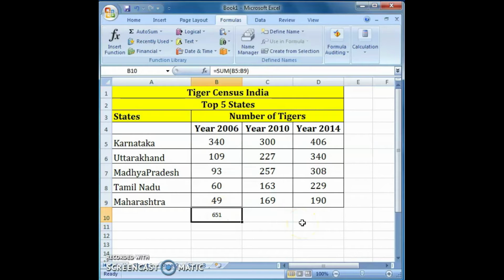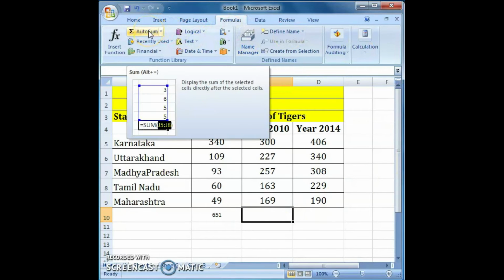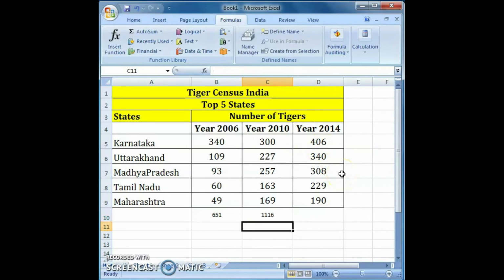The total number of tigers present in all the states in the year 2006 will be displayed in the cell B10. This is the B10 cell. Here we can see the total number of tigers present in all the states in the year 2006. Similarly, you can calculate the total for the years 2010 and 2014. Click the cell C10, then choose this AutoSum function, then press the enter key.